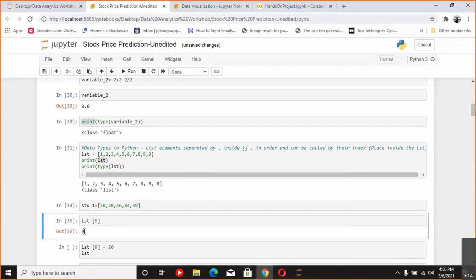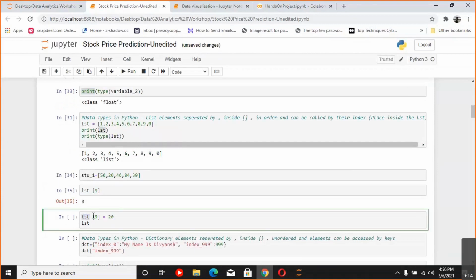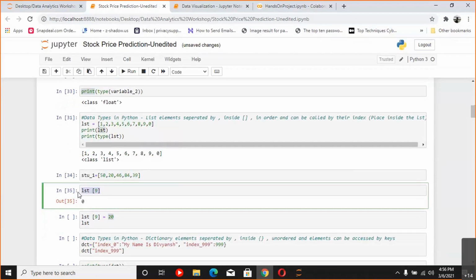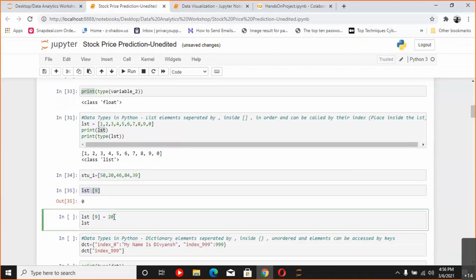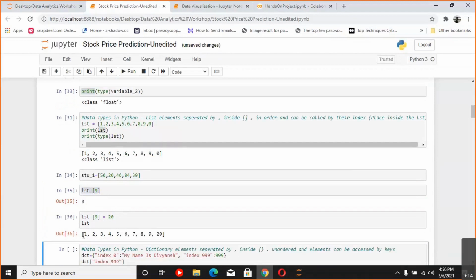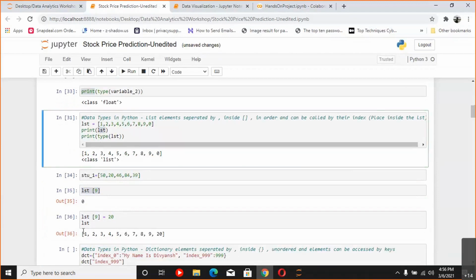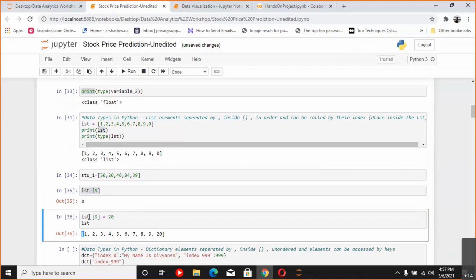And not only this, we can even change the value of an element. So we have seen list 9, and we want to assign it 20. As I said, the variable name goes here, equal to the value that we want to assign. In our case, the variable is the 9th element of the list. We just do this and run it, and we can see that LST is updated. It is 1, 2, 3, 4, 5, 6, 7, and 9, and the 0, which was the 9th element, is replaced by 20 now. So this is how a list functions.